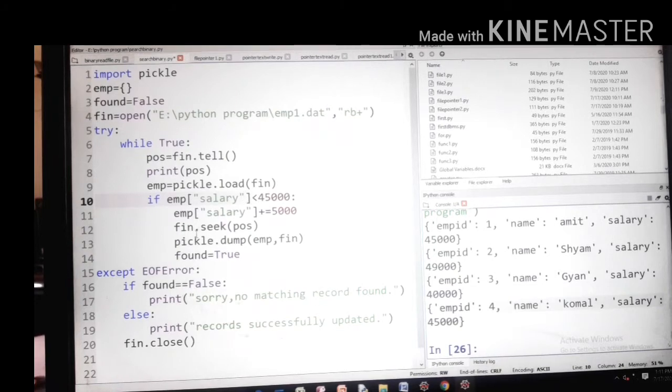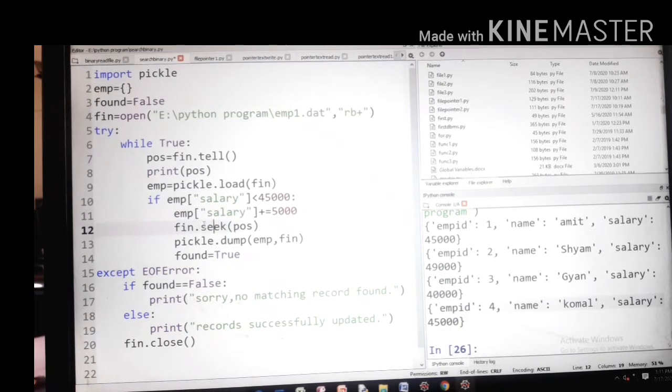Now again fin.seek(pos). When the modification occurs, on which position? With this seek, we can put the file pointer at the byte position of the record.